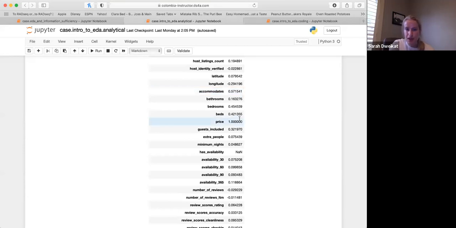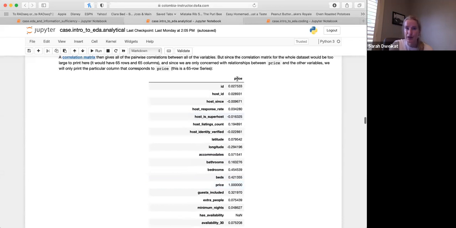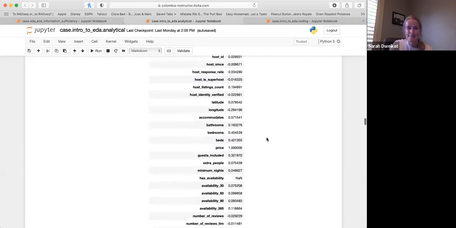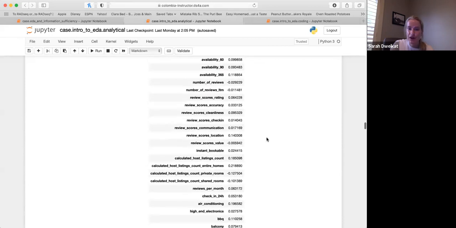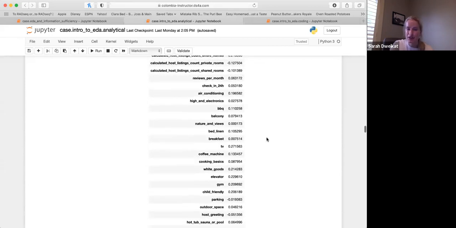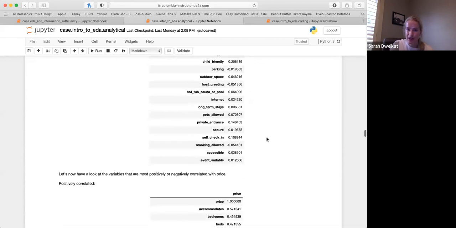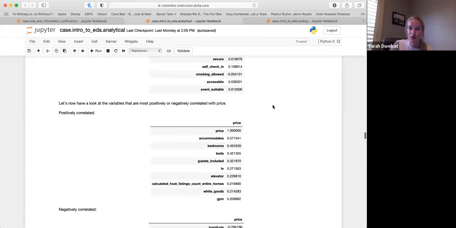We see this 1 here for price, always good to check it's compared with price. So that makes sense why it's a 1. This is showing all 81 of our columns compared to price and showing the correlation for them. Now, this is a lot to look through, right? So we can sort through and look for the things that are most positively or negatively correlated with price. We can filter out some of this data and just look at the things that have the most positive